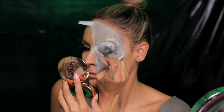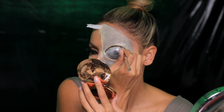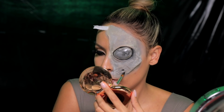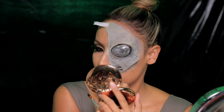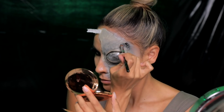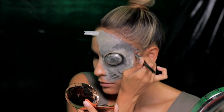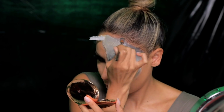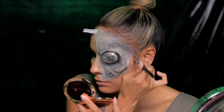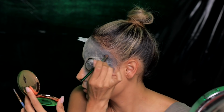I'm going to go in with some black and just try to deepen up some of these crevices around the alien eyeball, and also any crevices that are in the prosthetic so I can get a little sense of depth here. I ended up dipping into my Makeup Forever Flash palette because I felt like the paints were a little bit creamier and maybe easier to work with, and I started stippling a dark gray, almost charcoal. I mixed gray and black and just started stippling to get texture around the edges so that the prosthetic blended